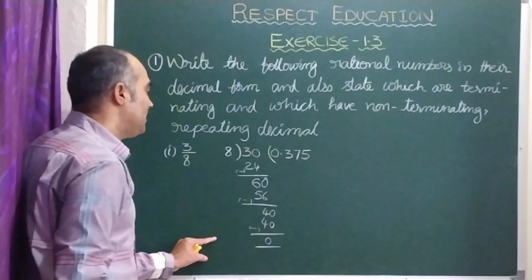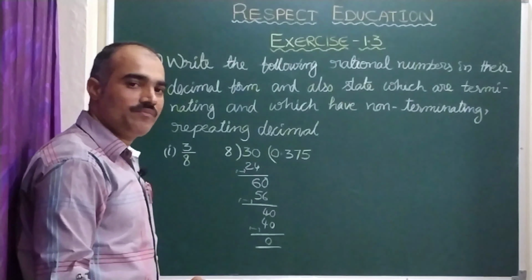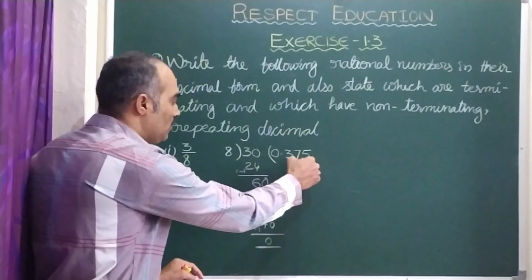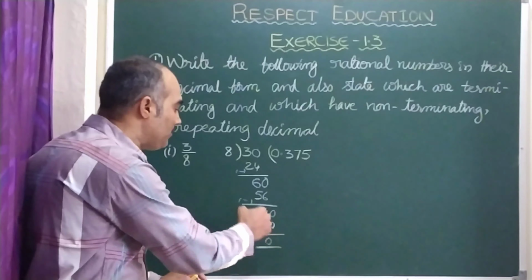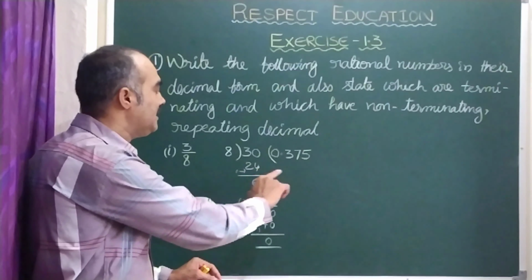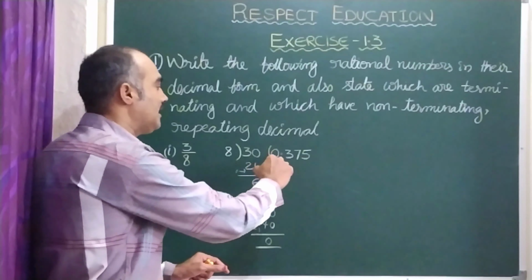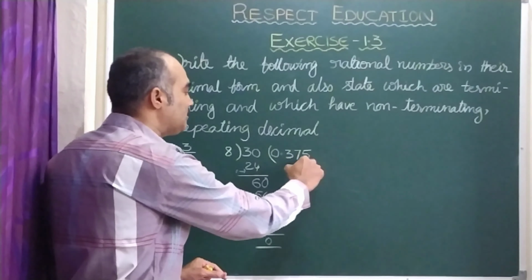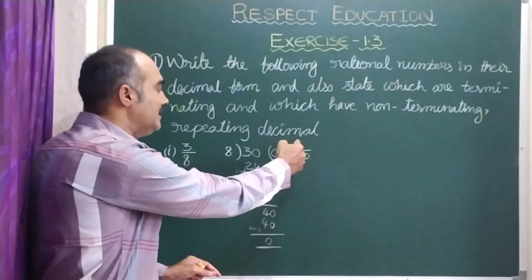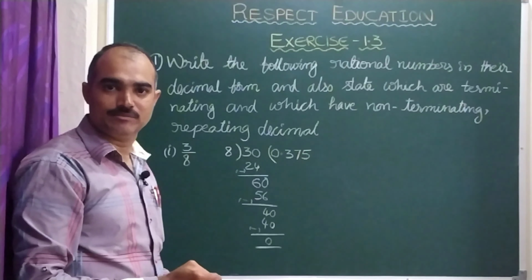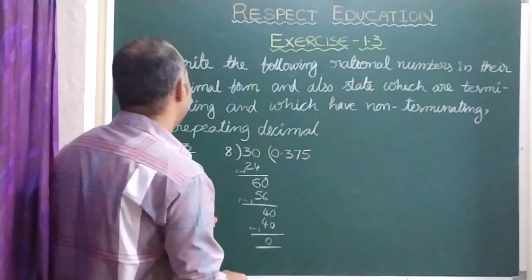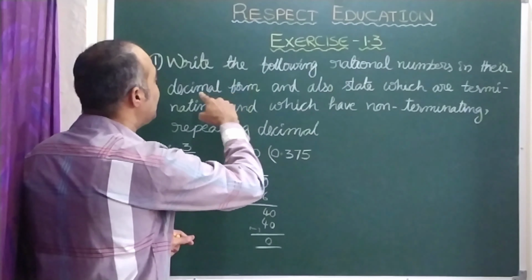Now here you observe this is called quotient and this is called remainder. When the remainder becomes 0, then nothing is there to do more. So here this decimal expansion gets stopped. So it has an ending. This kind of decimal expansion is called, children, terminating decimal expansion. Is it clear?